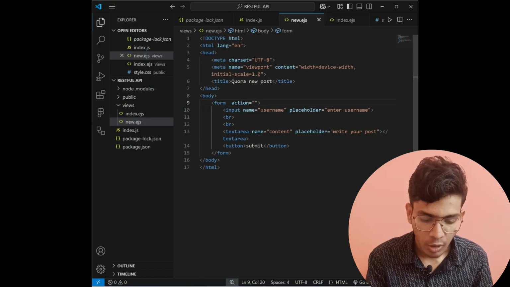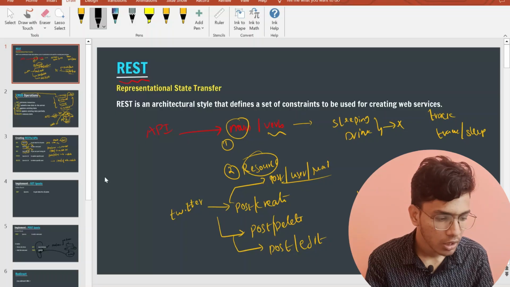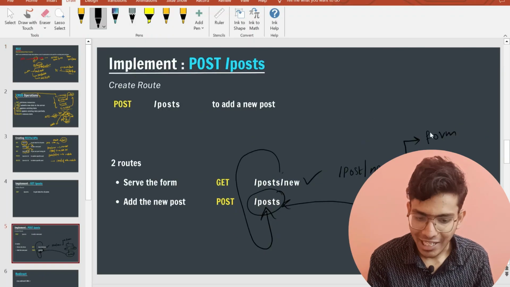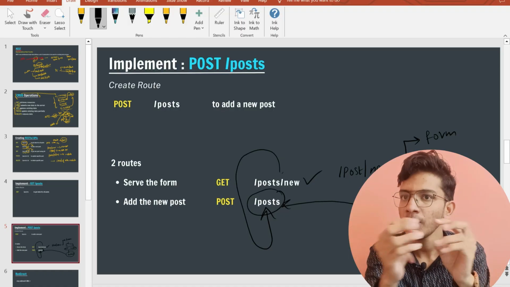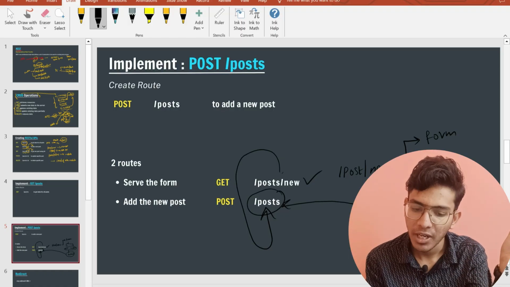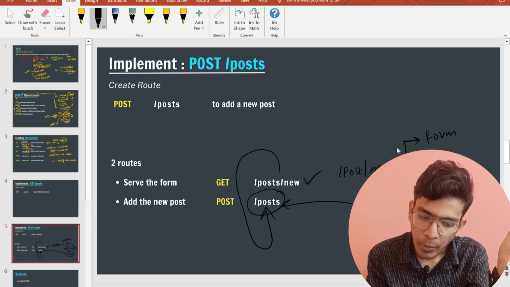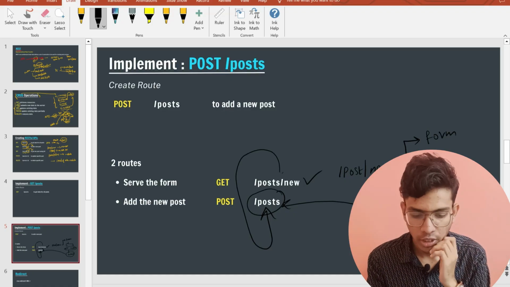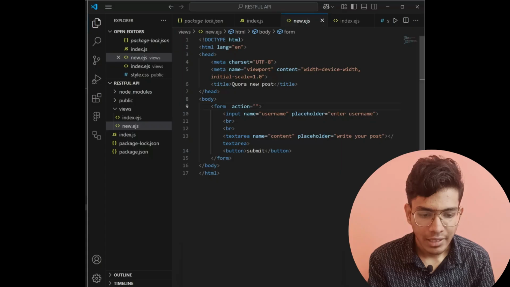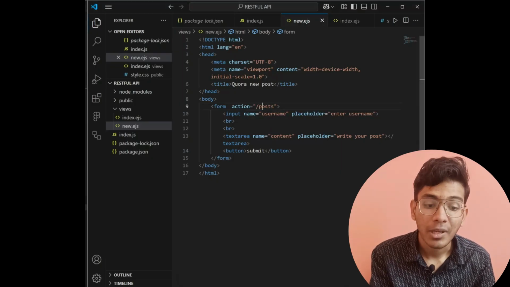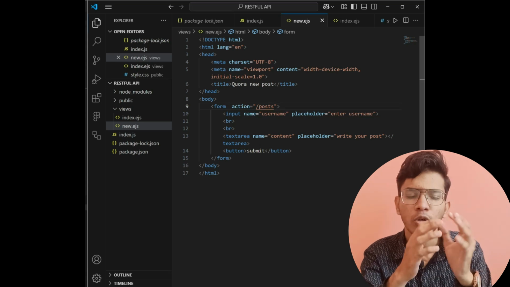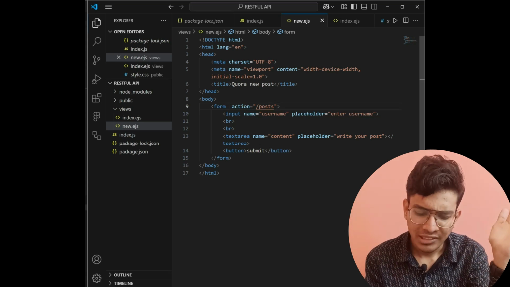Here you can see the overall flow is, first of all, we will create the /post/new page. In that page I am having a form. When I click on submit, I want my form to go from this page to the /post page. So here I will give action is equals to /post,